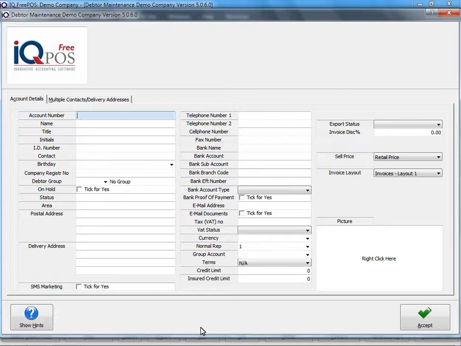The account number is the most important field here. Once you've entered and accepted an account number, you cannot change it again. You've got 15 spaces, 15 characters, a combination of letters and numbers that you can use to have a very good descriptive account number. Everyone who adds debtors should have the same structure as to what one will use to add a debtor. The people who will find and work with debtors must also know that structure so that they can find a client easily. I'm going to be adding